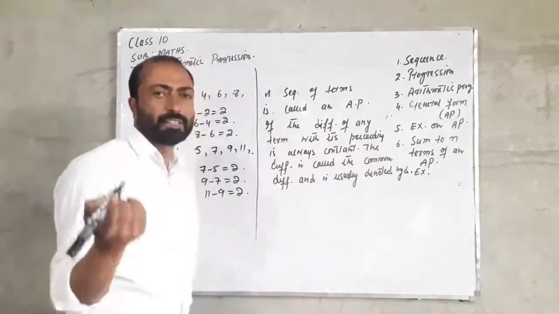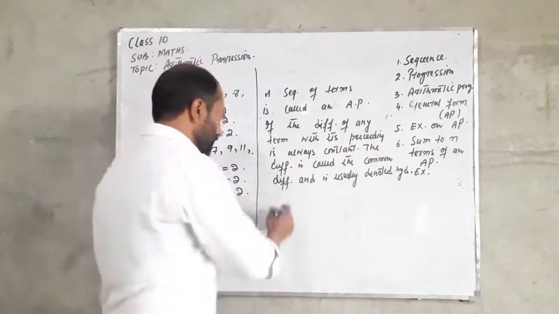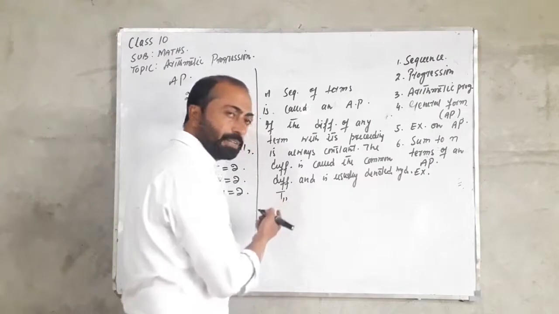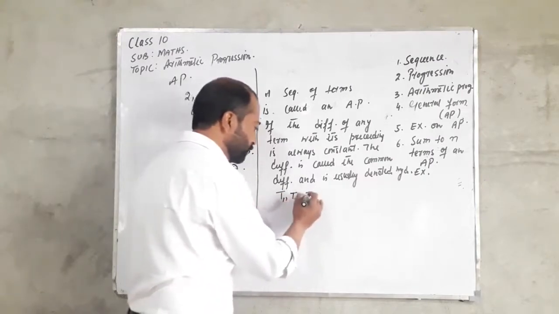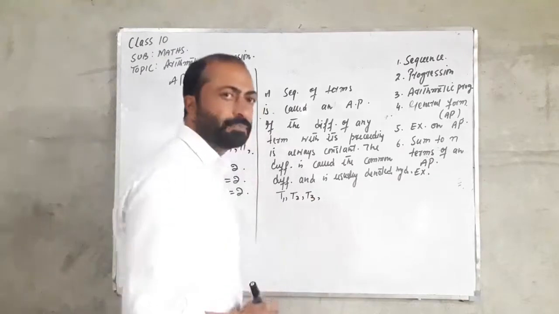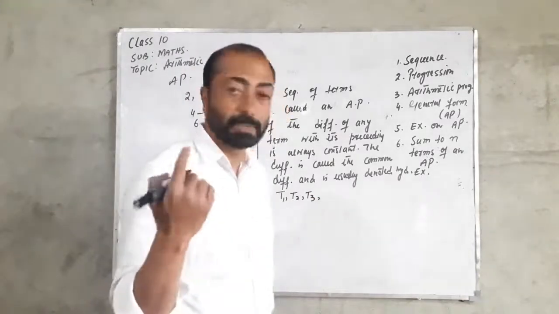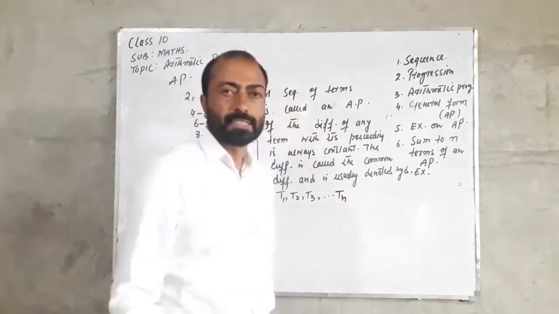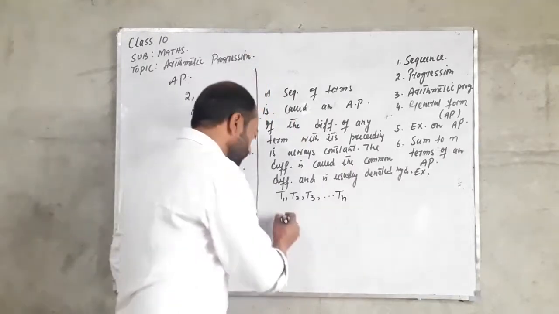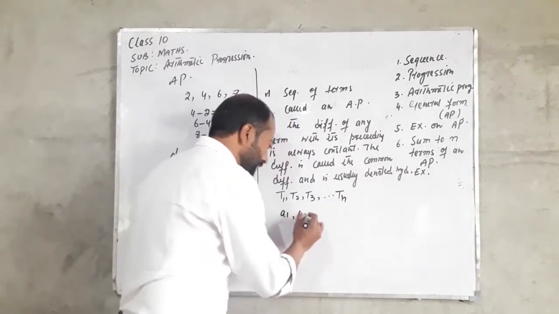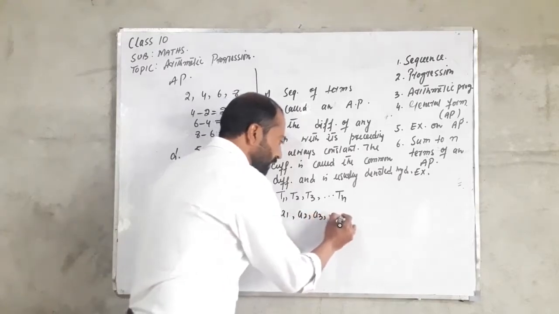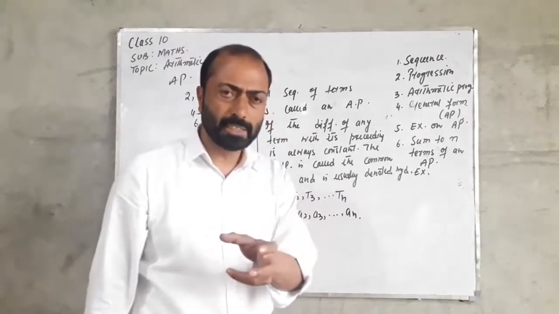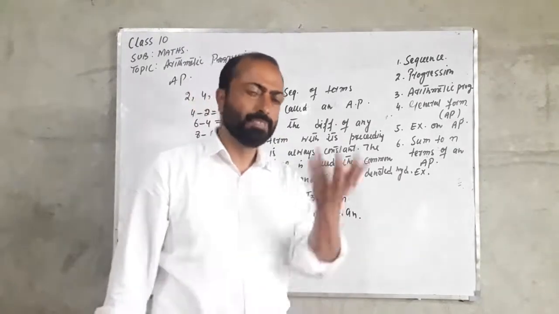In the AP, the elements are called terms because it is a sequence. We generally denote the terms of a sequence, the terms of an arithmetic progression, by T1, T2, T3. If it is a finite sequence, then the last term exists, or you can write it like A1, A2, A3, and so on, up to An. So an arithmetic progression is simply a sequence in which the difference of any term with its previous